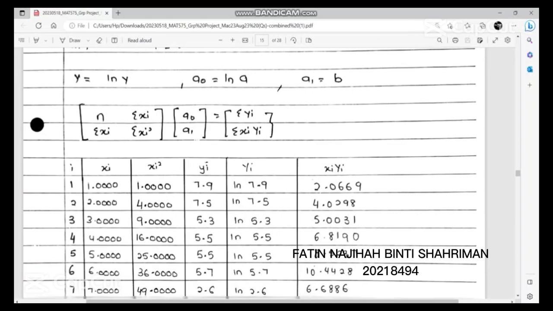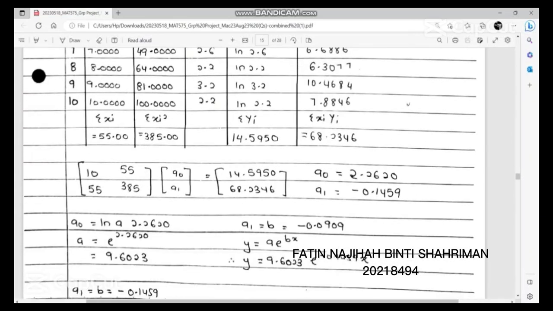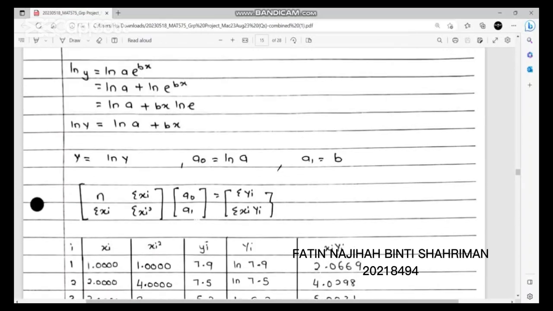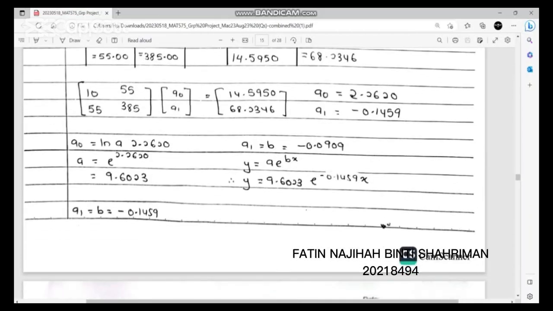And then we want the sum of yi and the sum of xi yi. So substitute the values of yi and xi yi into the quadratic equation, and then you find the value of a. We substitute the a naught from the equation ln a. Then we got the a equal to